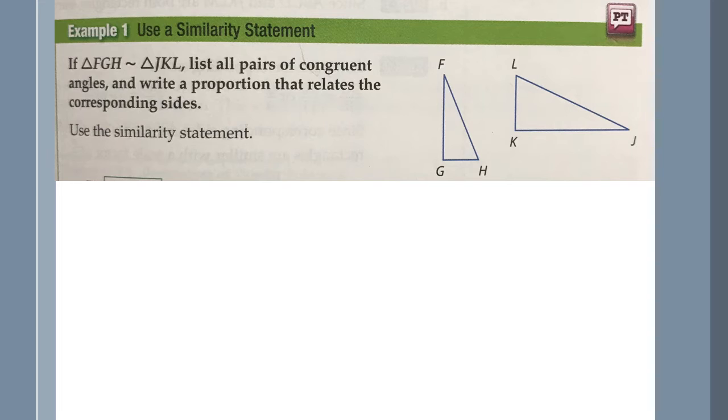If triangle FGH is similar to triangle JKL, list all the pairs of congruent angles. So we pretty much did this earlier, but we would just say, again, angle F is congruent to angle J, angle G is congruent to angle K, angle H is congruent to angle L. And then we can write a proportion that relates the corresponding sides. So again, just to reiterate this,